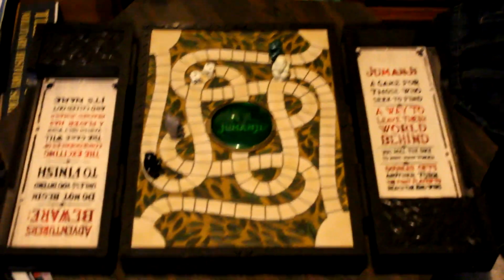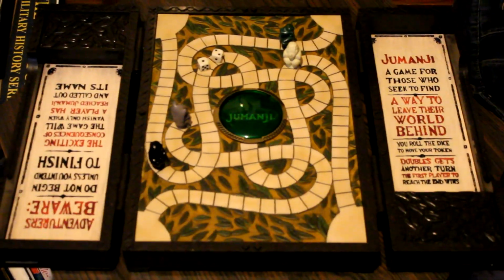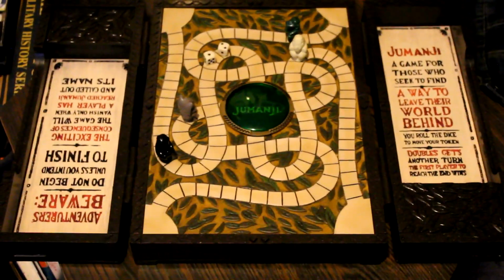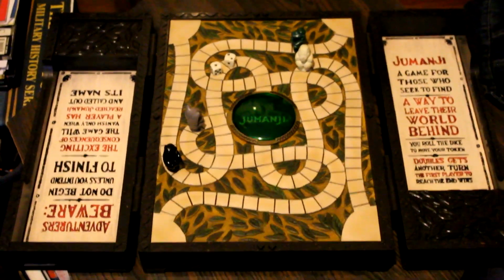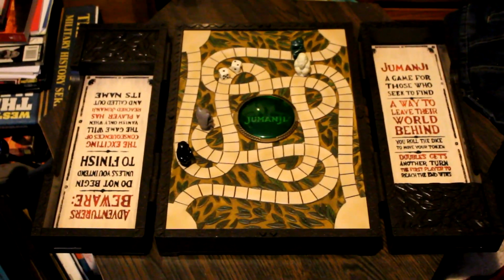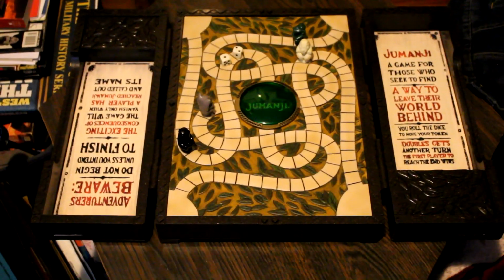So if you're thinking of picking one up, do it. You know, bite the bullet. It's free shipping, but you're getting a quality piece that is going to be the centerpiece of your collection, especially if you're someone like me who has loved this film and loved this prop for as long as you can remember. So yeah,